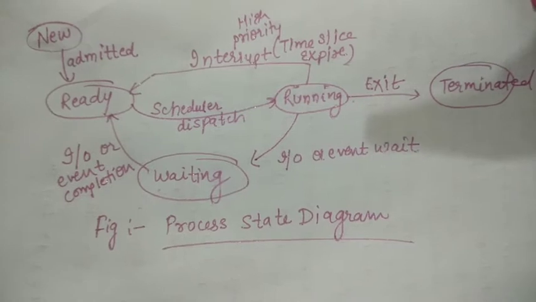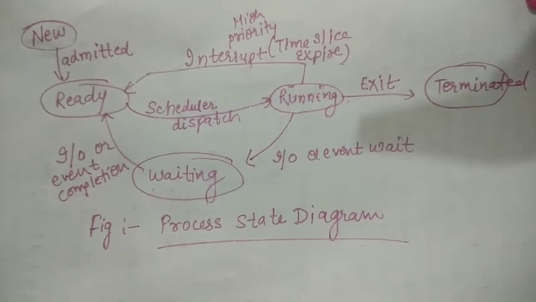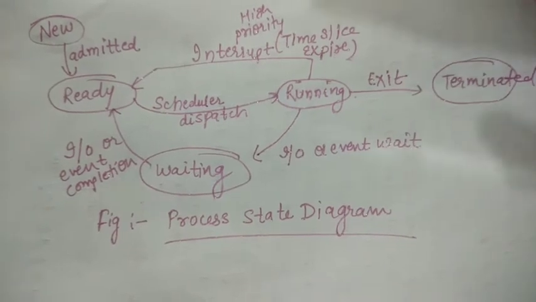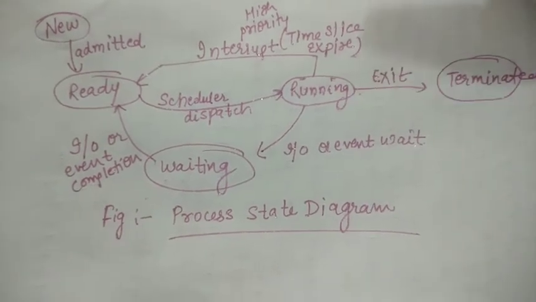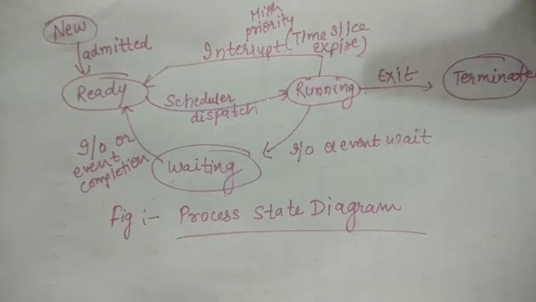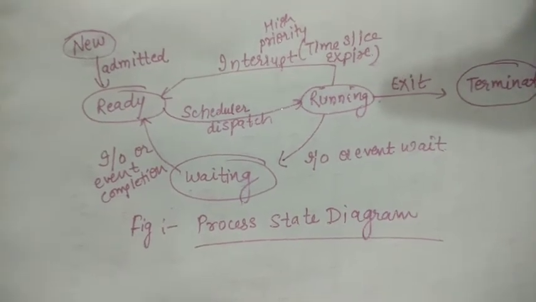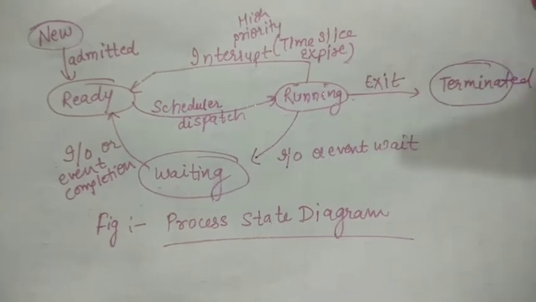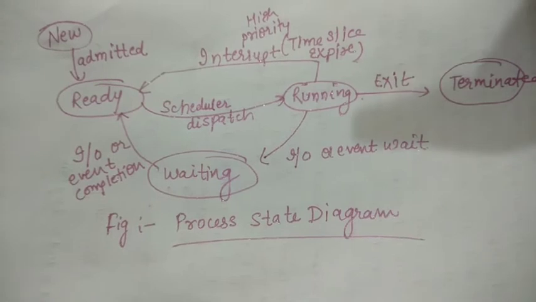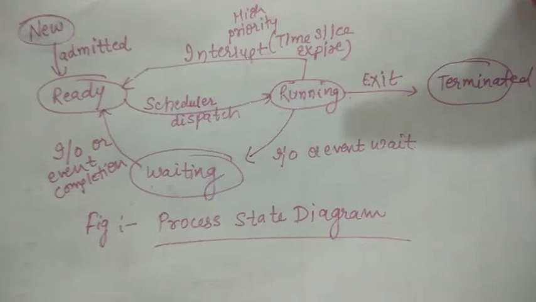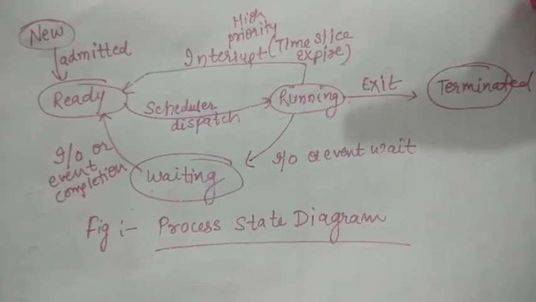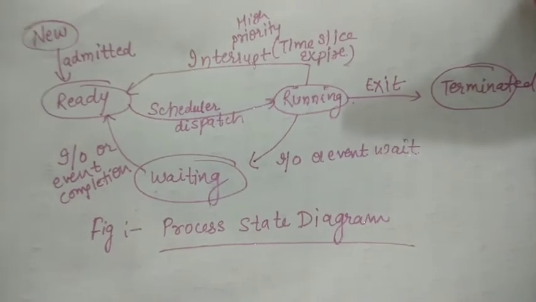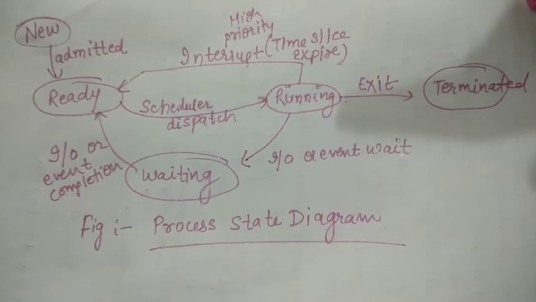The next case that can occur is that there can be an interrupt when the process is being executed. So let's say that when this process is being executed, some other higher priority process comes in and this process is interrupted. When it gets interrupted, it goes back to the ready state again. Once the interrupt is handled, the process can be dispatched and assigned a processor, and it can begin its execution and go to the running state again. So that is what happens if an interrupt is encountered when a process is being executed.